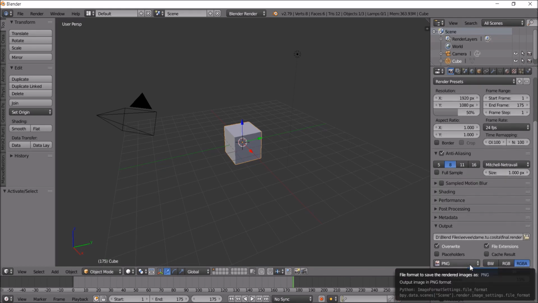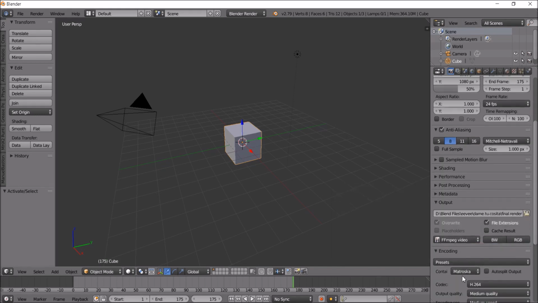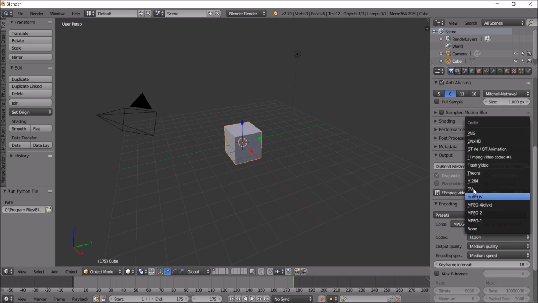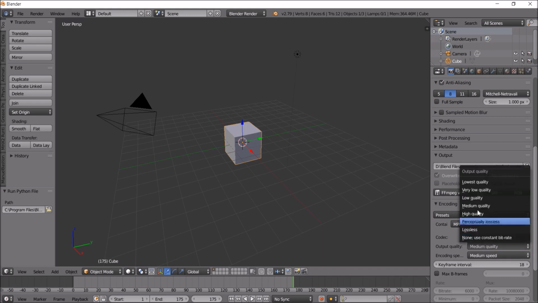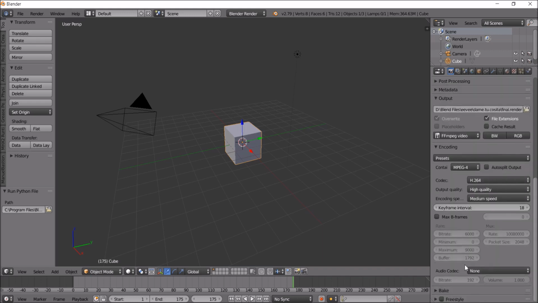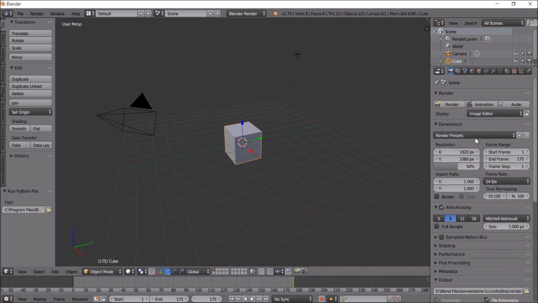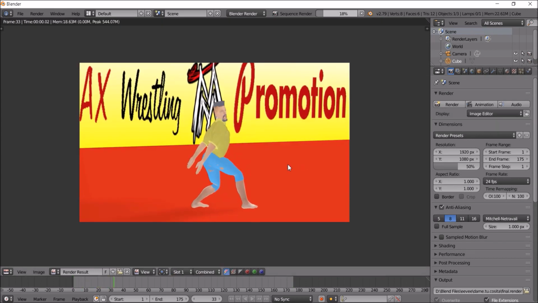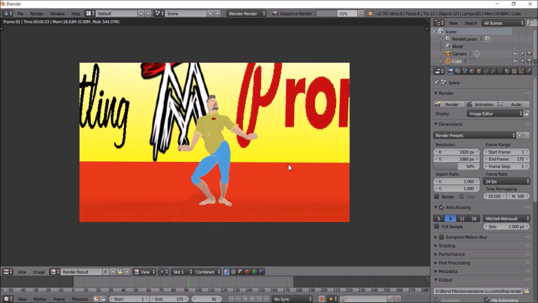Now change from PNG to FFmpeg video. Encoding, set the presets to H264 in MP4. H264, make sure the codec is H.264. Set the output quality to high quality and leave everything as it is. Simply click on animation and you will see the animation process here, and wait till it is complete, and you'll